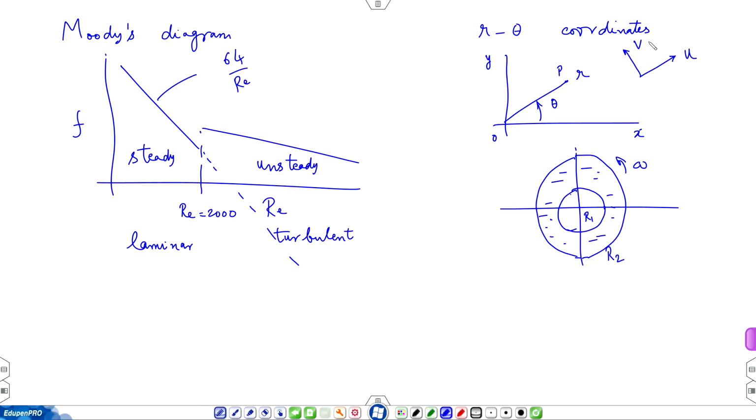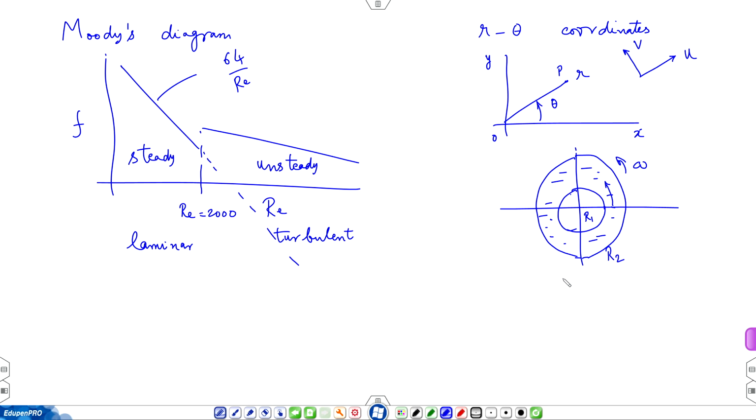So, the main flow direction is this, is the main flow direction. When you go around, you come back to the start. That means there are no changes taking place in the flow in the theta direction. That will be the equivalent of a fully developed flow approximation. As a result, you expect the transverse velocity